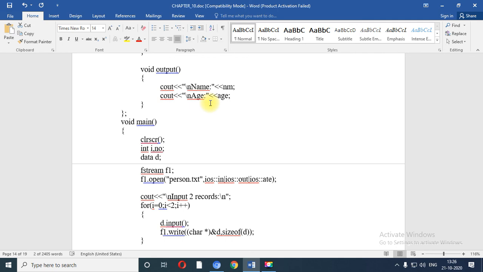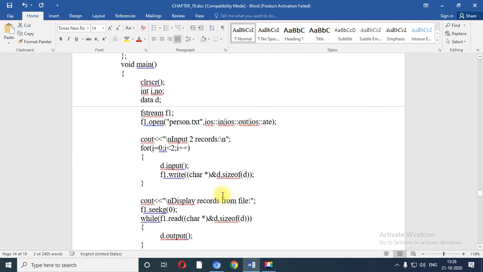We have performed 5 programs based on formatted IO, 4 for the formatted IO operation and 1 for the manipulators, and 4 programs for the unformatted IO operations that you need to write in the journal. If you want to write these programs in the journal, it's voluntary, and if you don't want to, then again it's okay.